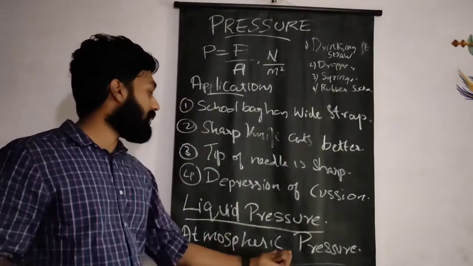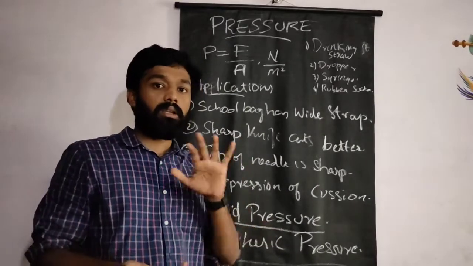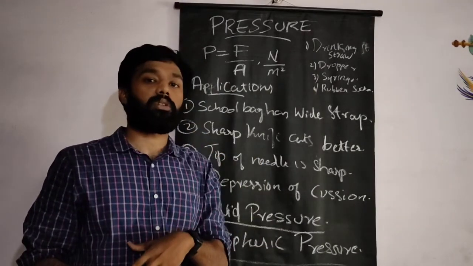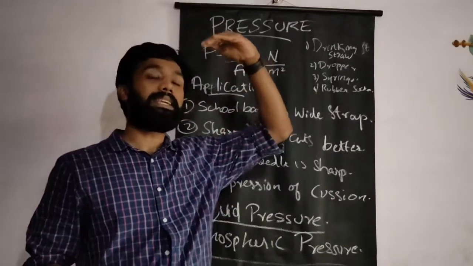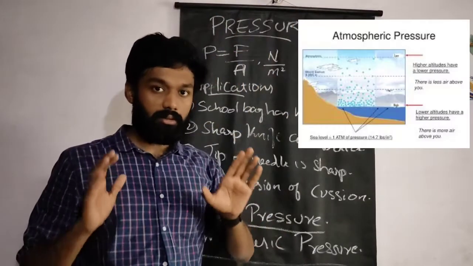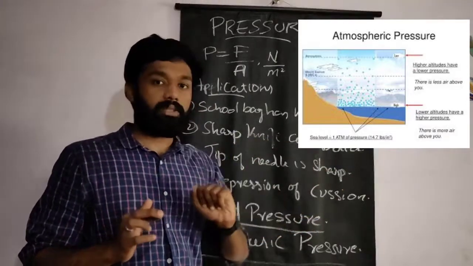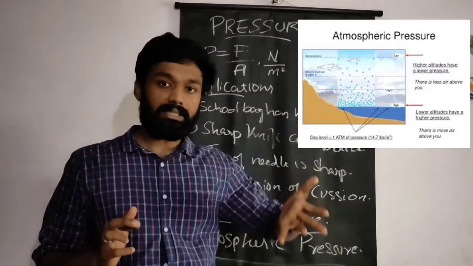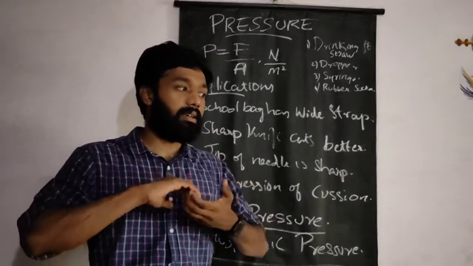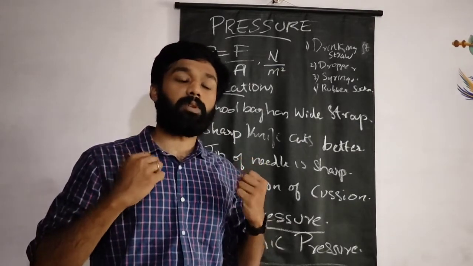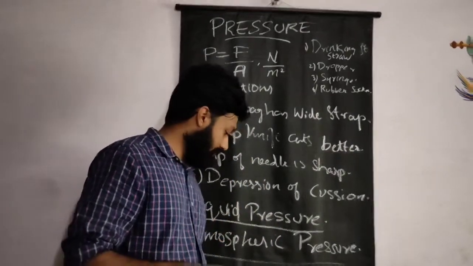Okay. Then next one is atmospheric pressure. So we know the earth is covered with a layer of atmosphere, and this atmosphere is also exerting pressure. Atmospheric pressure at sea level, that is at ground level, is maximum, and it will be decreasing when going upside. You know, atmospheric pressure is so high that it's like the force of 10 elephants. It's that much power. So some examples I will show you. Some applications are there.